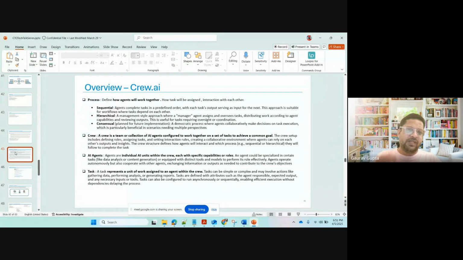Each framework will have its own way of handling an agent. Now, CrewAI handles an agent as an independent entity that is given a goal. So you define an agent, you give it a background story: this is your role, this is what you have been doing, and you need to achieve this goal. Then you build a crew around it. A crew is a team, a collection of agents. So let's start with this.